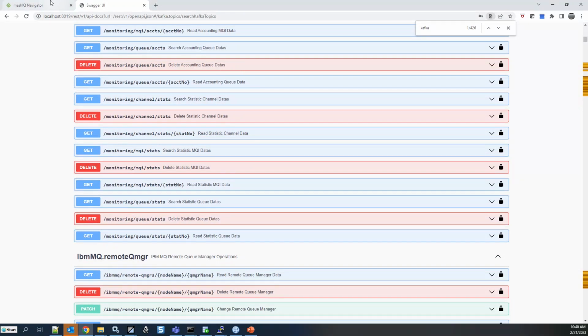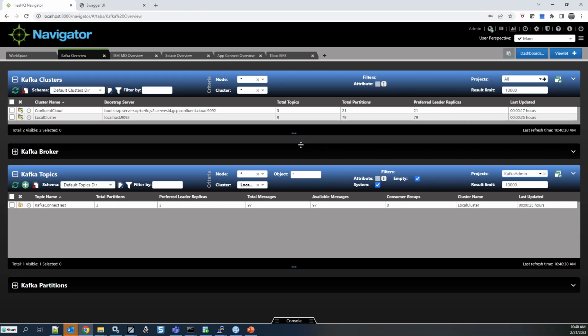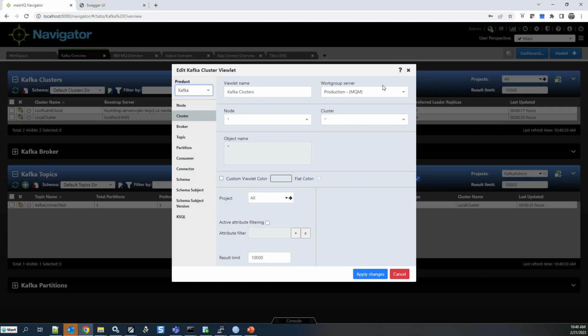Let me switch back over here, and real briefly, let me show you, for example, for Kafka, all of the different types of data that we can manage.